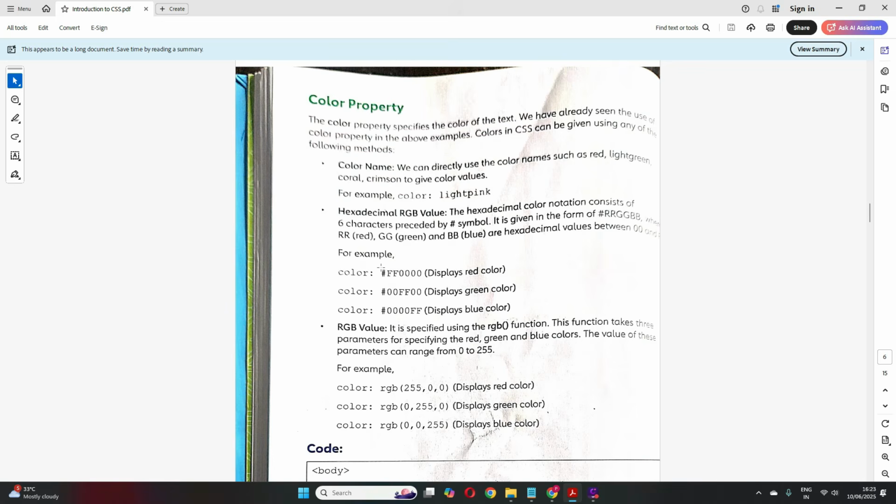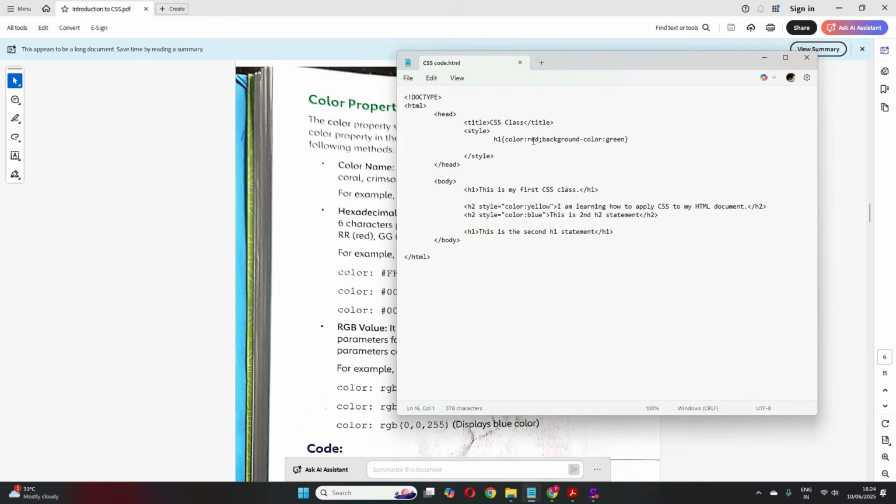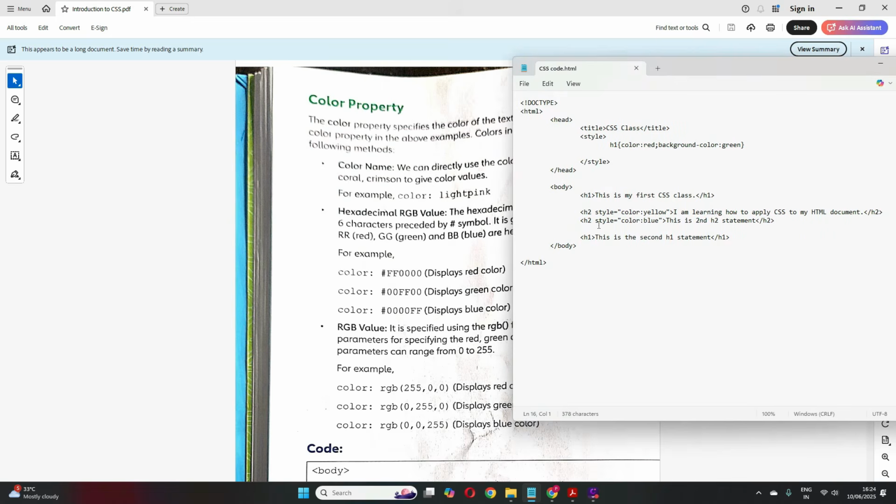So if I specify, and these are the hexadecimal values. Students, this might be a little tough for you to understand, because once you understand the number system, the hexadecimal and all, you will understand this better. But for right now, you can just make out that if I specify, instead of red, I can write this also. Okay, instead of red, if I give a symbol, this is hexadecimal RGB value, it always starts with this symbol. So this symbol, and then you have to specify the hexadecimal value for all this.